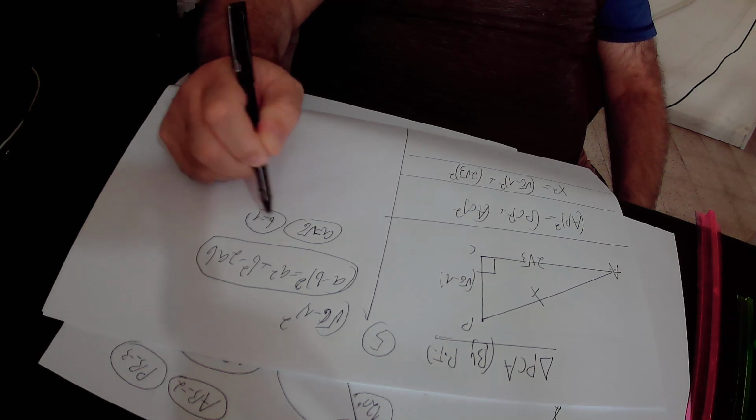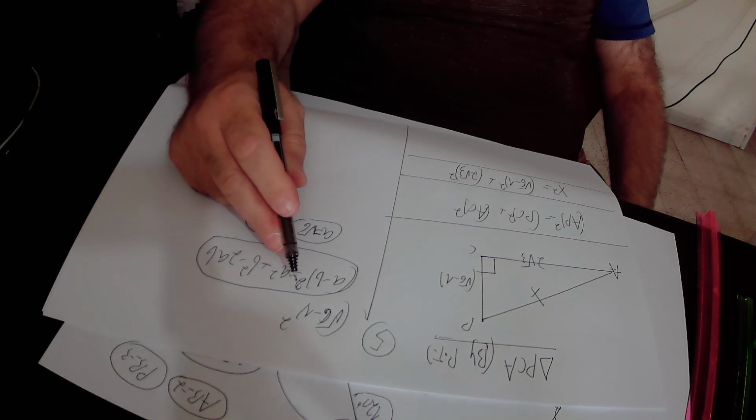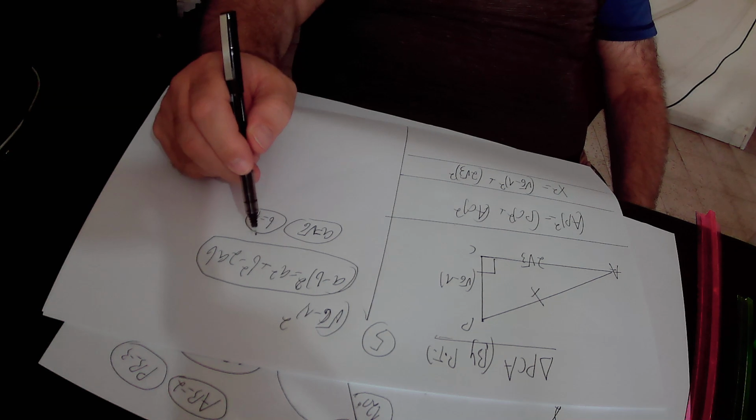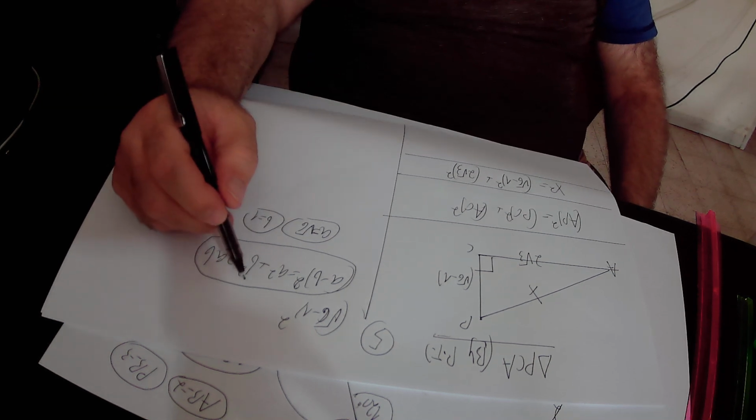And therefore, the value of this expression, (square root of 6 minus 1) squared, according to this algebraic identity, will be equal to